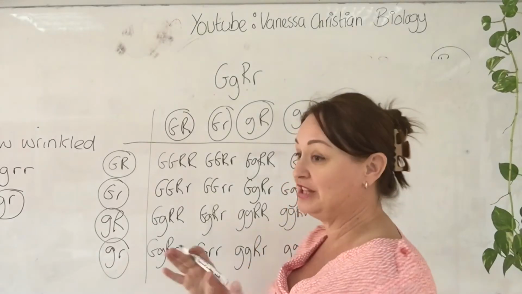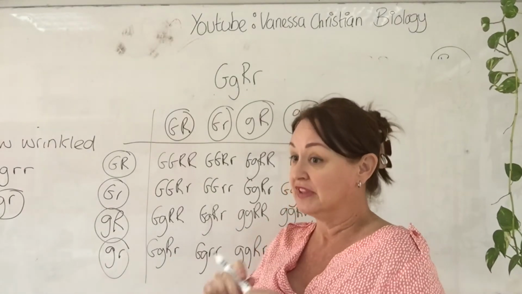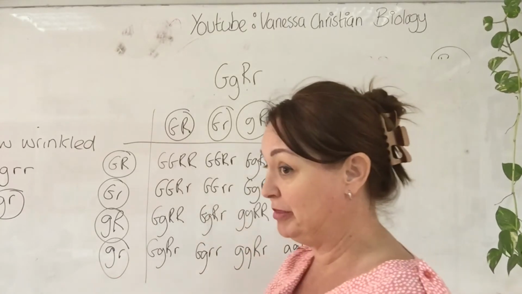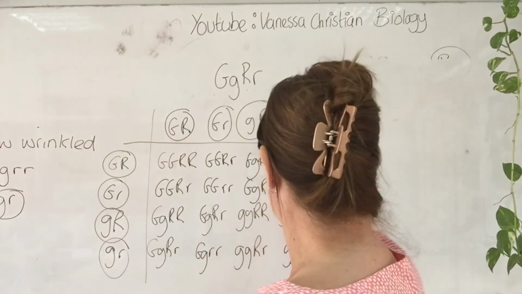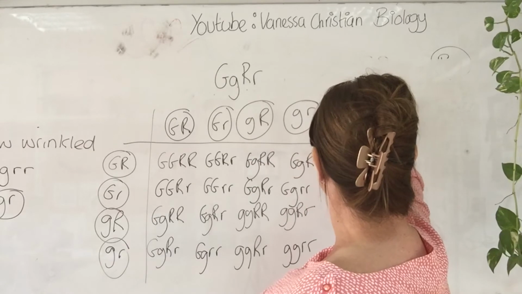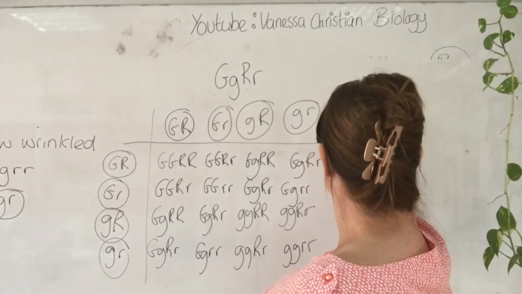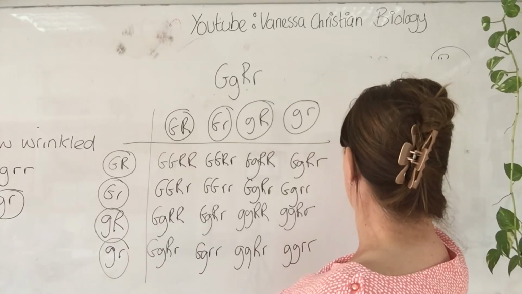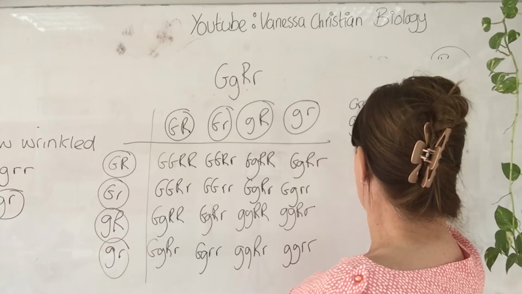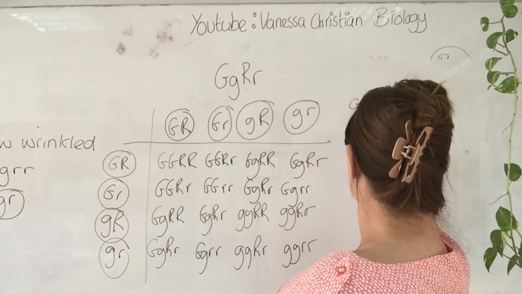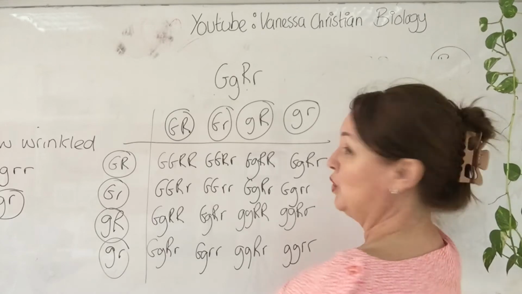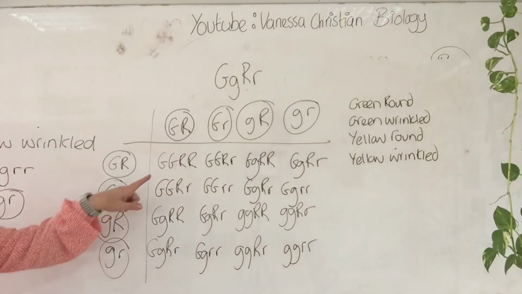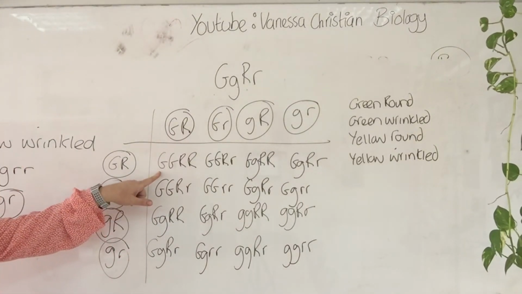Okay, so now let's just consider what different phenotypes I've got, what is physically expressed. So the possible combinations I can have are green and round, I can have green and wrinkled, I can have yellow and round, and I can have yellow and wrinkled. And I think you know where we are going with this, okay? So let's have a little look. This one would be green and round,